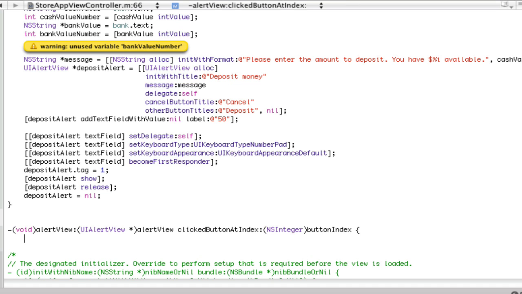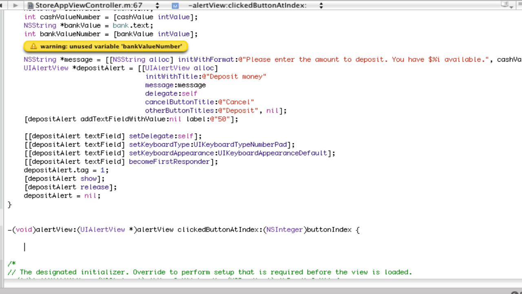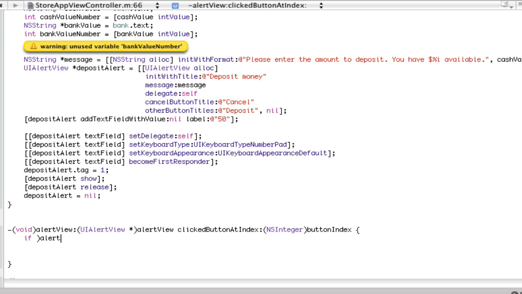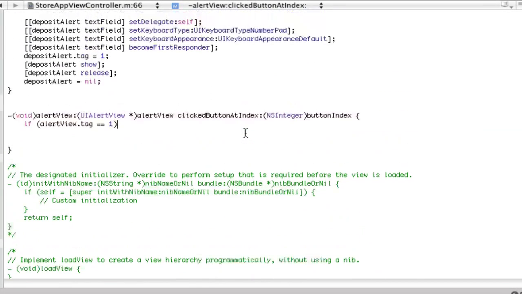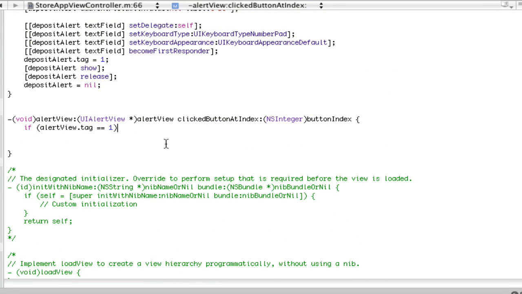And let's open curly bracket, and I'll close this off so I don't forget. And I'll just make some space here, and we're gonna go if alert view dot tag is equal to 1. So if the alert view, so if we're on the withdraw screen, basically is what that's saying, then